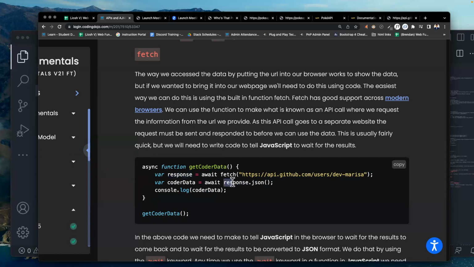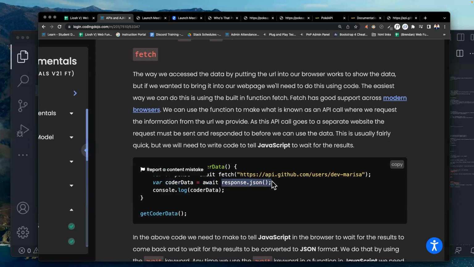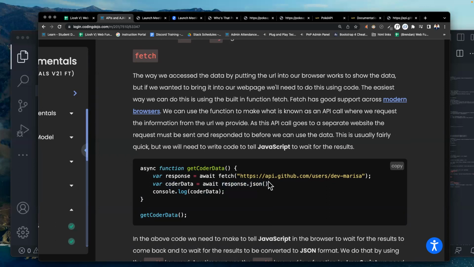And then what we do with this response is convert it to JSON. Whatever way we received the information from this API call, I want to convert it to JavaScript object notation. Make it a JavaScript object. That's what it's saying.